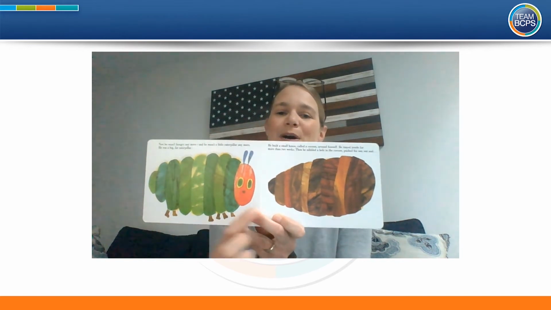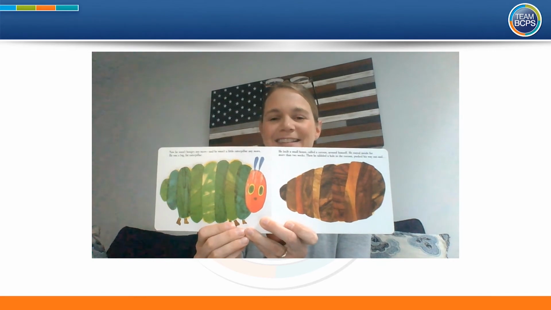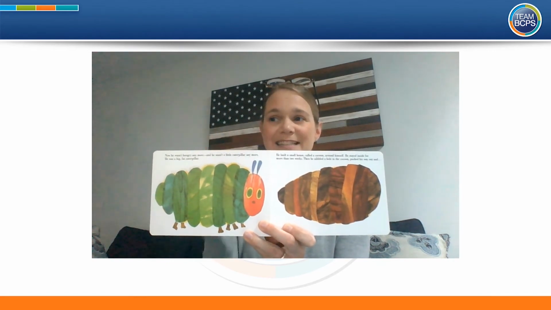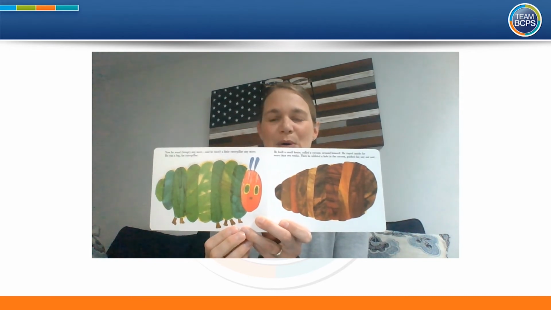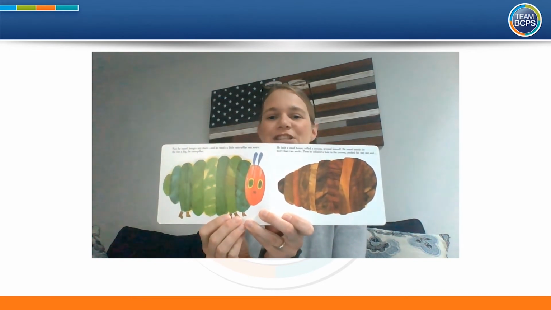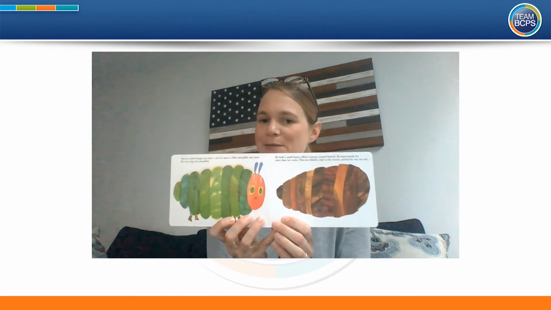He built a small house called a cocoon around himself. He stayed inside for more than 2 weeks. Then he nibbled a hole in the cocoon, pushed his way out, and